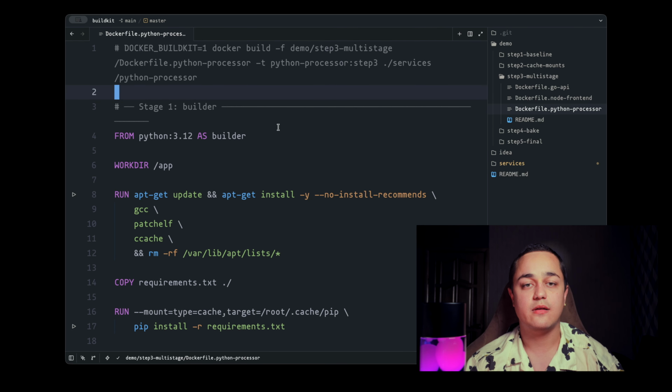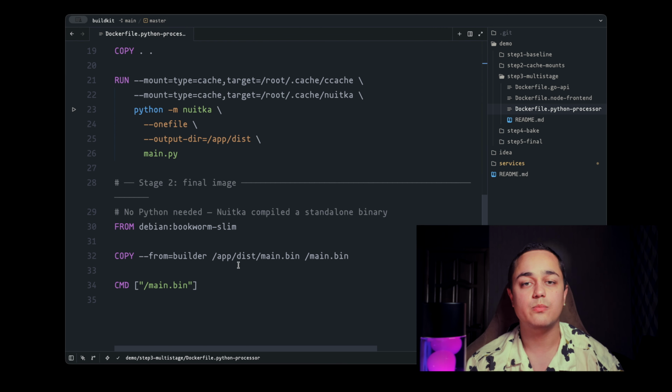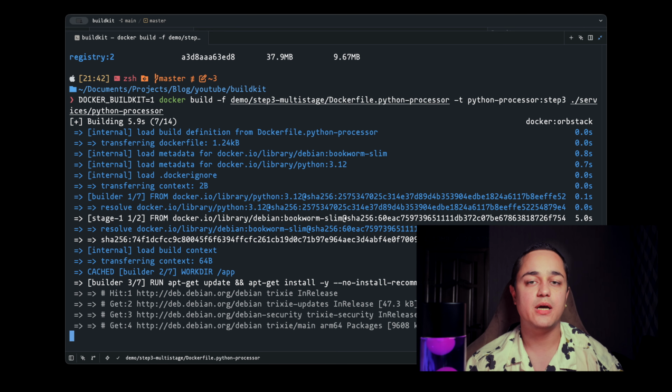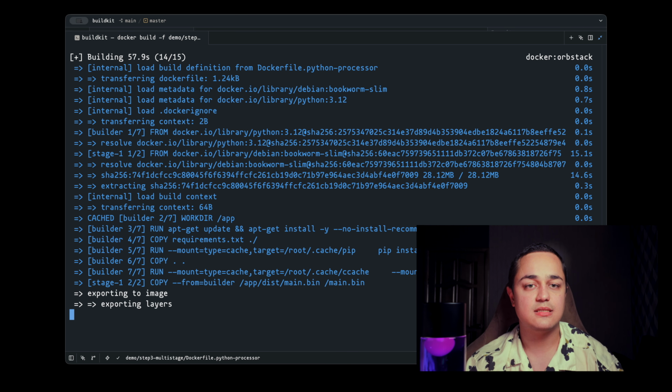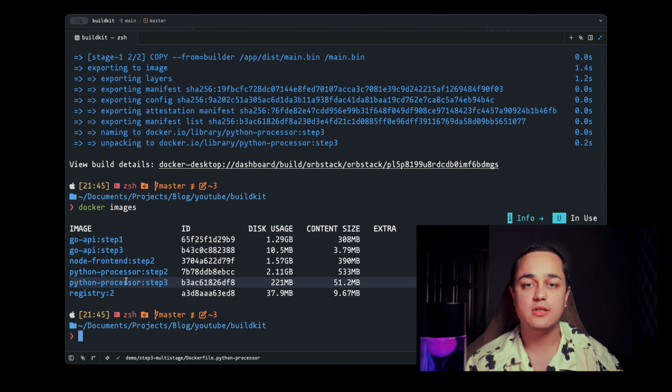For Python with Nuitka, this is especially clean. Nuitka's whole point is compiling Python to a standalone binary, so our final stage is Debian Bookworm Slim. No Python interpreter, no pip, no dependencies listed anywhere in the final image, just the compiled binary. From an operational and security standpoint, that's a very different attack surface than a full Python image with all your